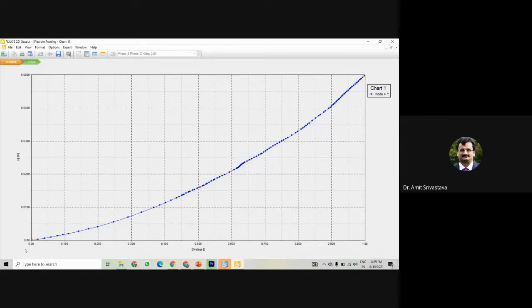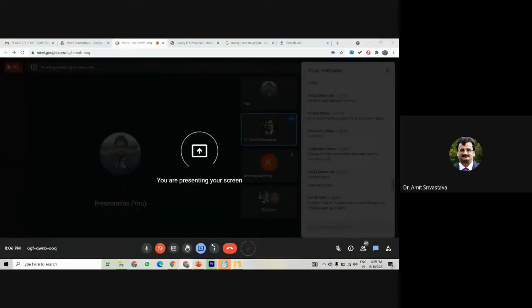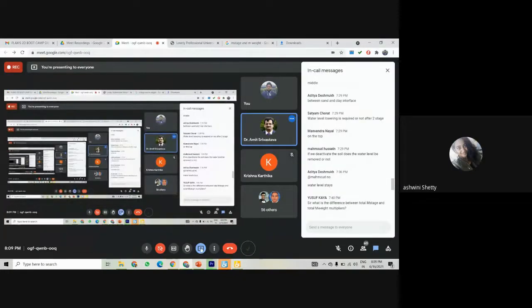So this particular curve can also be treated as a load settlement curve, but you have to stay between zero and the total amount of load that you have applied. From zero to the total amount, in between you can read how much deformation at that particular node will be there when you apply a particular load less than the total load that you have applied. Are you able to follow what I'm trying to convey? Yes, sir. That's great if you are able to follow.